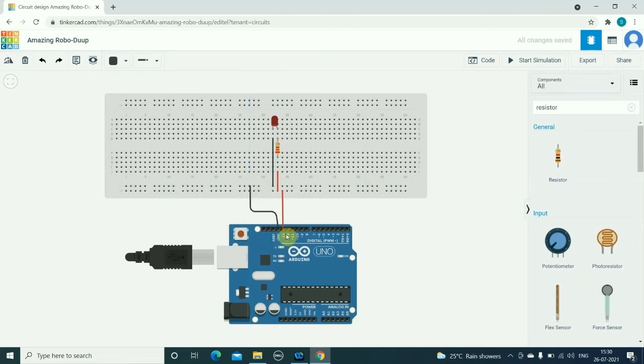Okay, so these are the simple connections. Now we'll go for the code section.